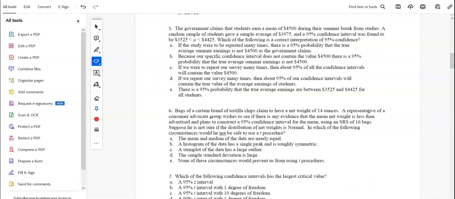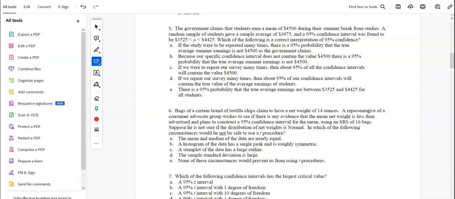The government claims that students earn a mean of 4,500 during their summer break. A random sample of students gave a sample average of 3,975, and a 95% confidence interval was found to be between those two numbers. Which of the following is a correct interpretation of that? Okay, so I like that, if we took many samples,